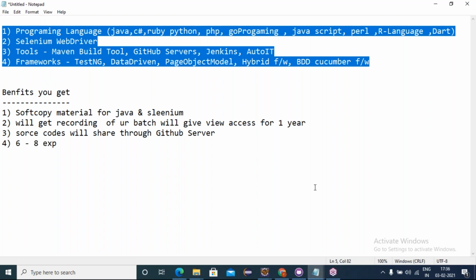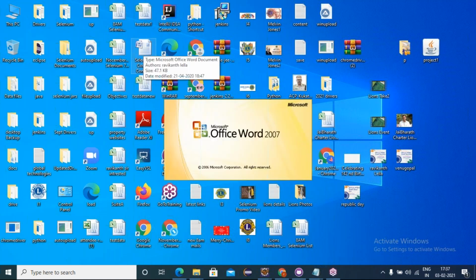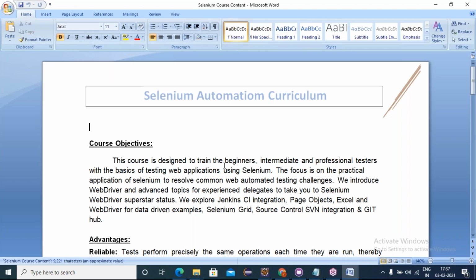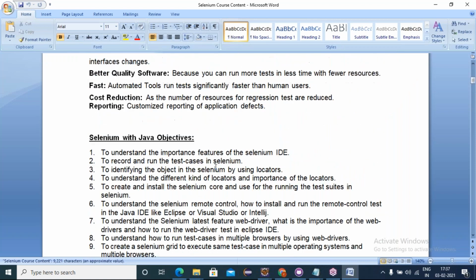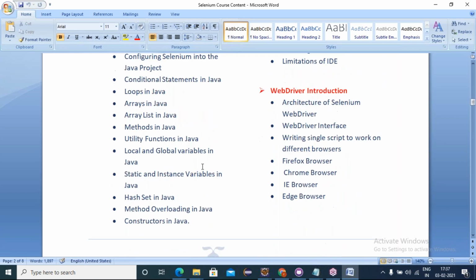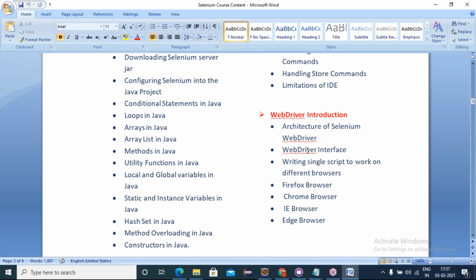Okay, friends. Coming to the course content which I'm going to deliver to you for these 3 months, I'm giving it in brief. Anyhow, you'll be getting this course content, all friends. I want to show you in front of you. Selenium WebDriver: first we go with Java, after that we'll come to WebDriver, and how to launch your browsers.